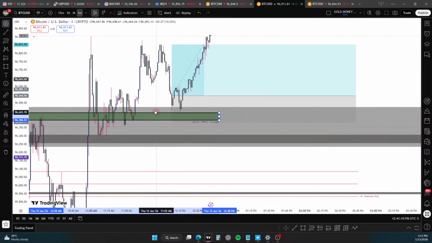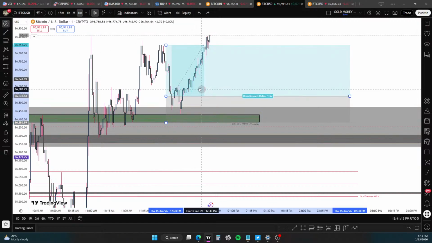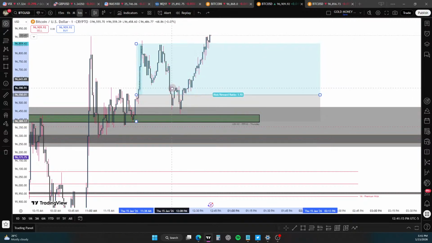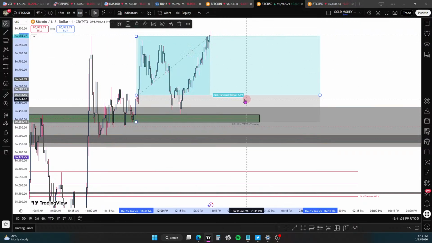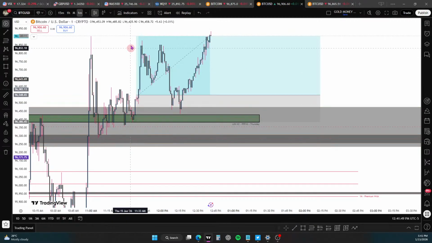Because maybe, and look, you could have even entered it way over here and had this grey box here. I'm putting it right there. So your invalidation is this presented fair value gap low, and look, it gave you this entry so many times. Your target could have been this high right here, right? It's the overall target. Look, that's a 2 to 1, and you're using any entry inside or above this order block with a stop loss here, and you're targeting that high.